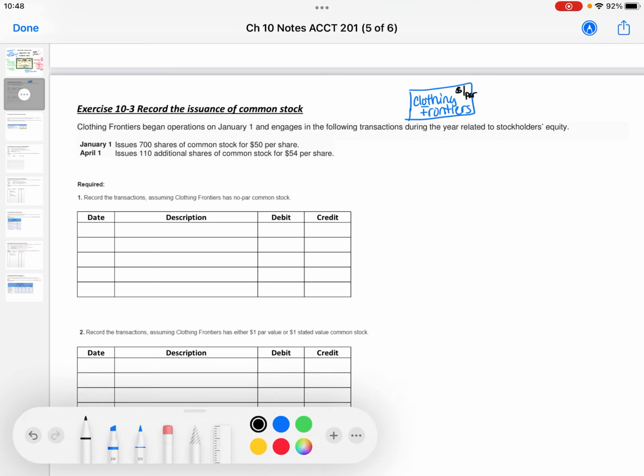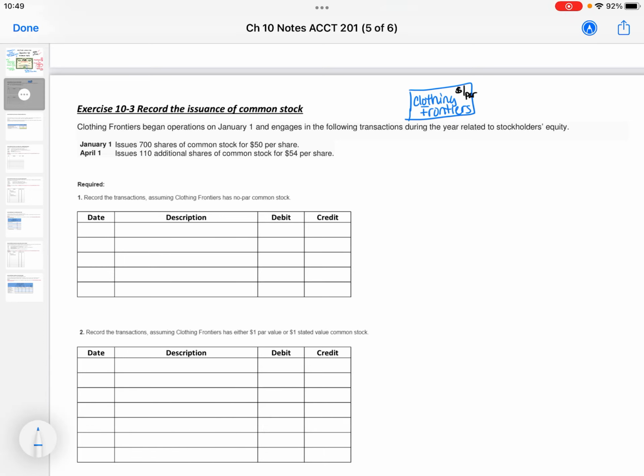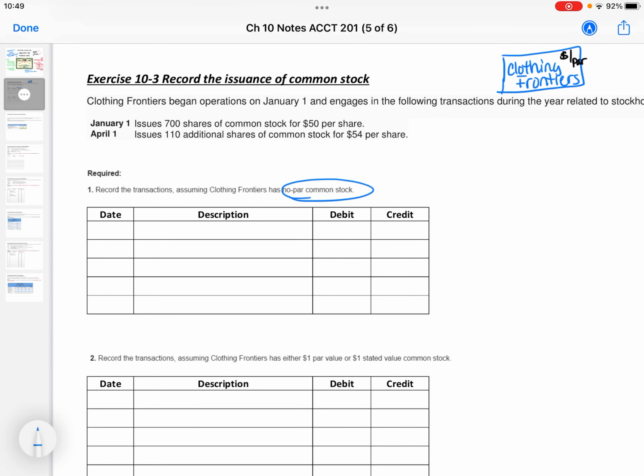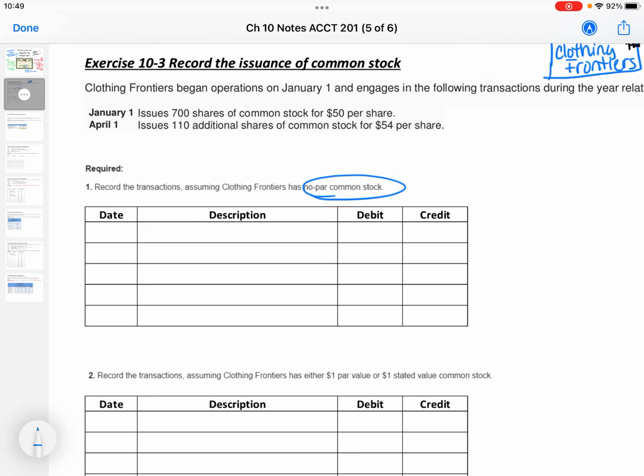Okay, so for our first example, though, we are saying that there is no par. And that is most common right now. Organizations are not selling stock with par value printed on it because it truly doesn't relate to anything. It doesn't relate to the true value of the stock, and it doesn't mean that I'm going to give you that if I close and shut down this company. So let's take a look. January 1st. If I sell stock that has no par, then I'm quite literally, remember issue means to sell, I'm quite literally just going to have a debit to cash and a credit to common stock.